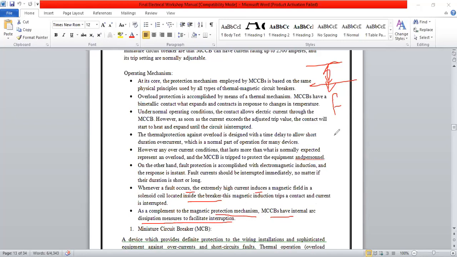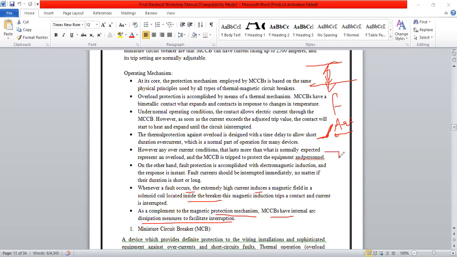I think you people have seen, or not seen, I don't know, while opening the circuit breaker or while closing the circuit breaker, because there is high voltage across the terminals. So while opening or closing that circuit, some arc can ignite. Okay, what is meant by arc? Anyone? Hello?